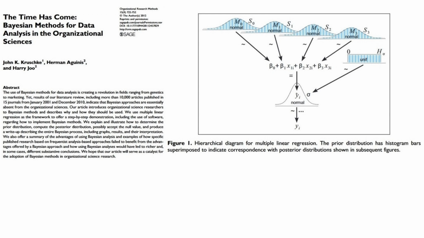What's that? It can actually accept a null hypothesis. Wait, really? But I thought the whole point of hypothesis testing was to reject the null hypothesis. That's the traditional approach. But with Bayesian analysis, if the data suggests there's truly no effect, you can actually accept the null hypothesis. Oh, that's interesting. This is crucial for making sound decisions. You don't want to waste time and resources chasing after things that aren't really there. That's a powerful point. I can see how that would be incredibly useful in organizational settings.